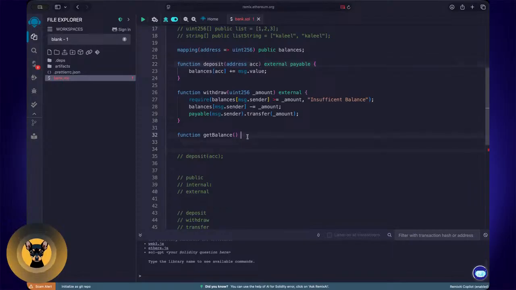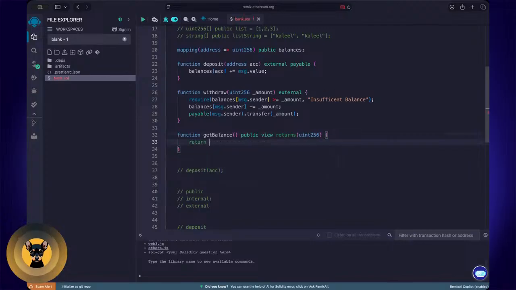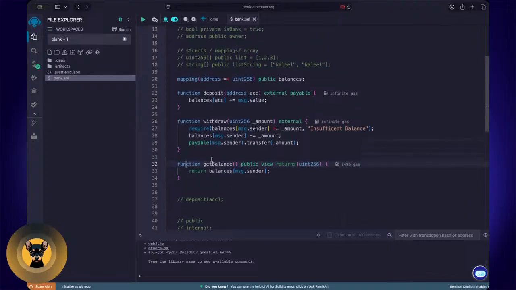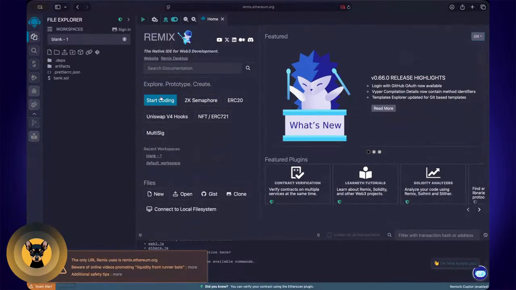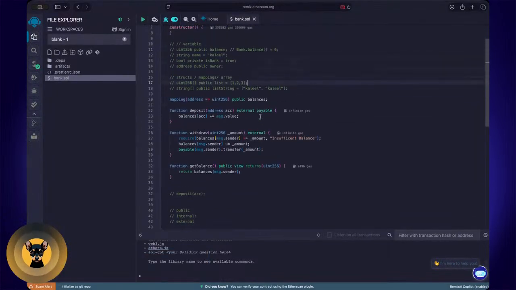Yeah. So we have the getBalance function, which will be public for everyone to see. And then we have the view function, and it returns a uint256. So we are returning the balance of the user, and we can do this through balances, and then whoever you are trying to call. This can get the balance of msg.sender, which is the person calling this function. So with this, you can deploy this and have your smart contract called by people.